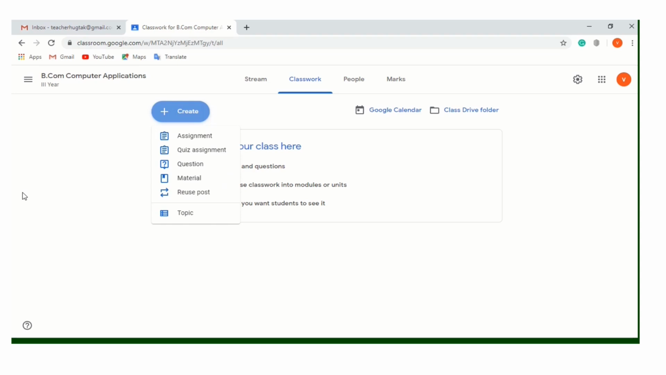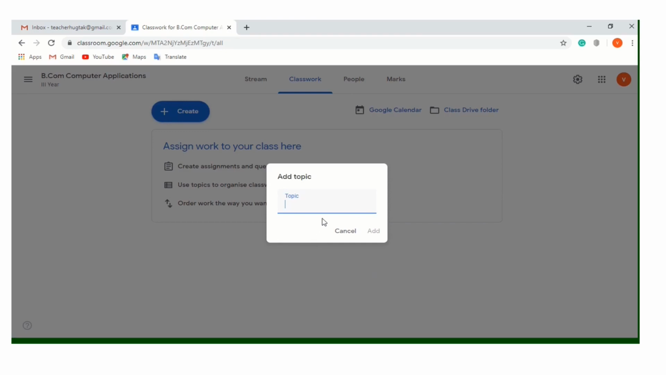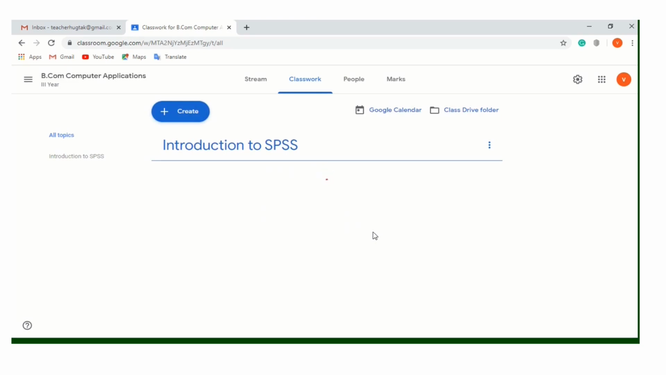So first we need to structure our subject, or we need to introduce a syllabus of the subject to all the students. For that, you need to build the skeleton of the subject. And for that you need to click on topic, and you need to chapterize your subjects into different chapters. And the first one can be introduction to SPSS. Click on add. One topic is created,